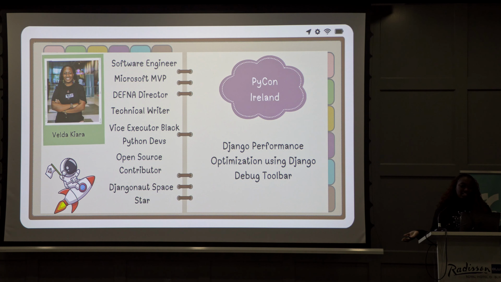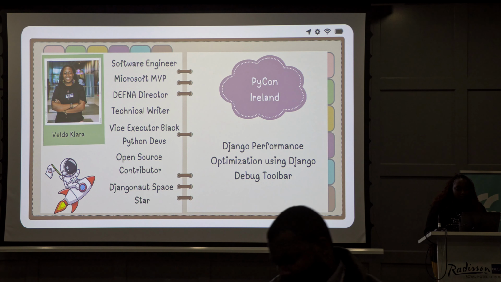And I also serve as the vice executor for Black Python Devs, which is a community for Black Python developers globally. And I am part of Django Space. So Django Space is an open source program for contributors who want to contribute to the Django ecosystem. And I am currently a star. So I actually started to contribute to Django Debug Toolbar during the Django Space program, other than contributing to other Python-related